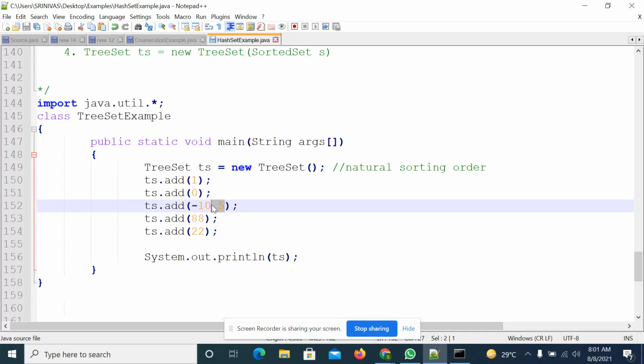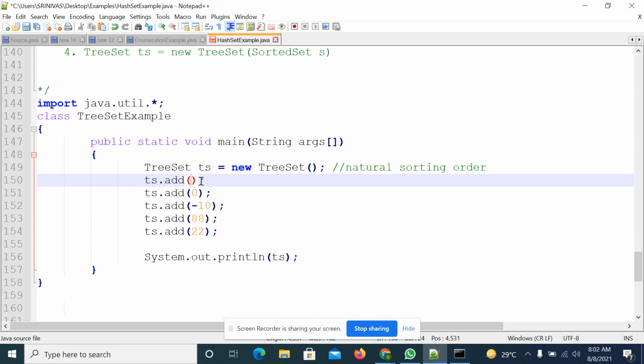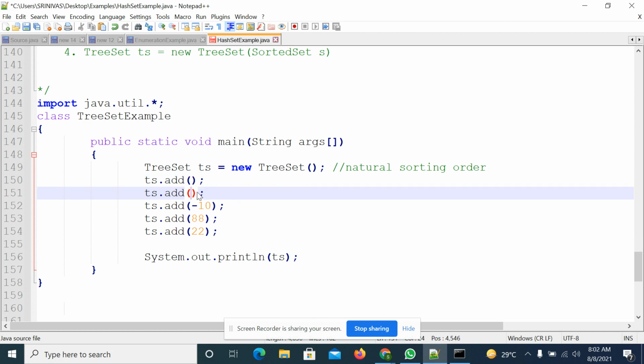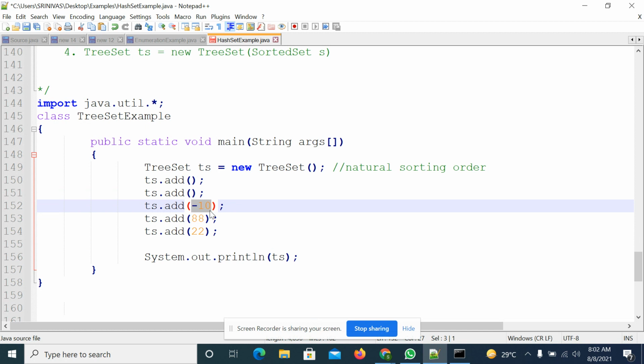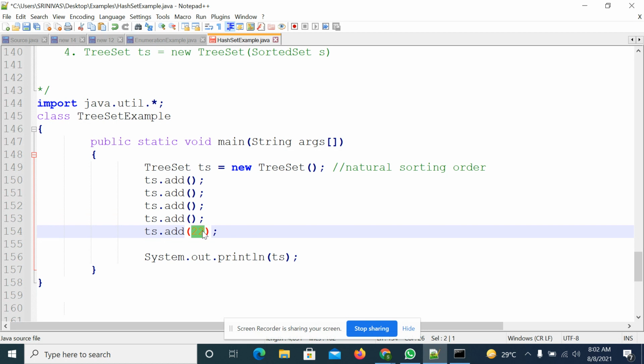Now, instead of passing strings, instead of passing numbers, I will pass something else, right? See here. So I removed the data.